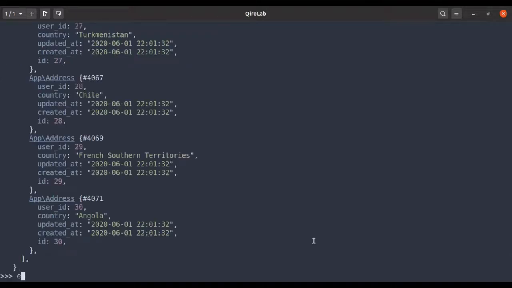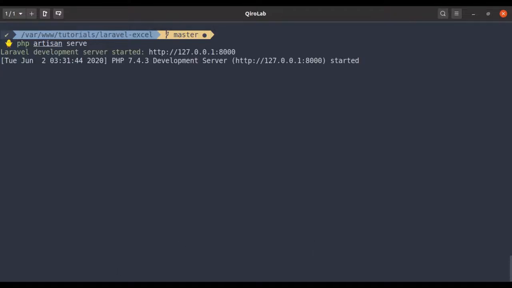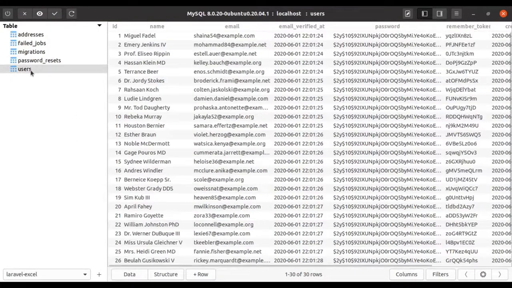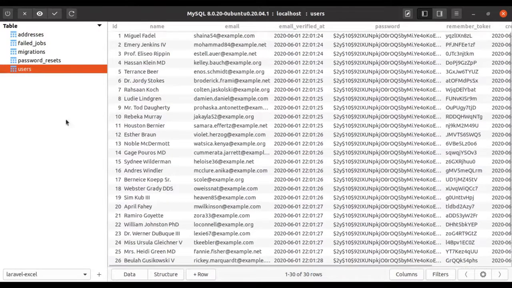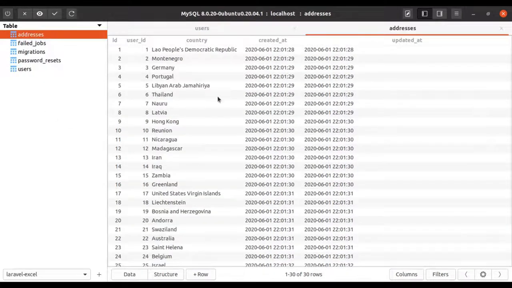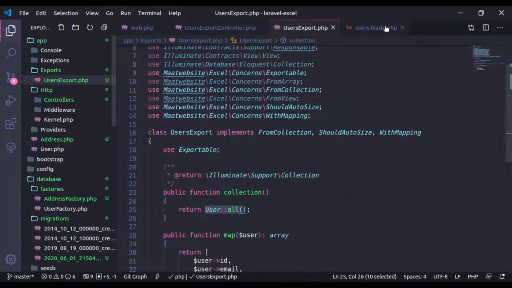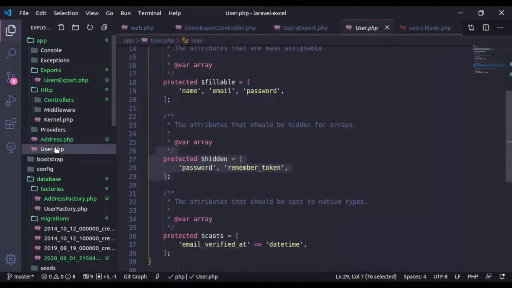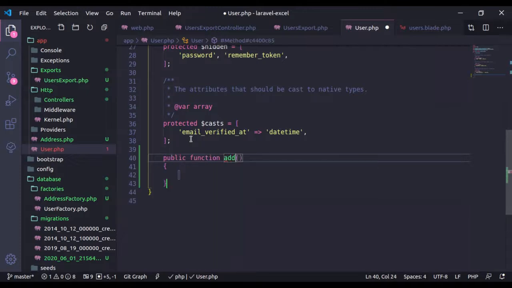Now it's created, and run the PHP artisan serve. Next, in the database, refresh, and we have user data, and in this user data we have 30 users. Next, in the addresses table we have 30 addresses, one for each user. Let's close this, and in the users table this user has a single address, so I'll create method address, and it